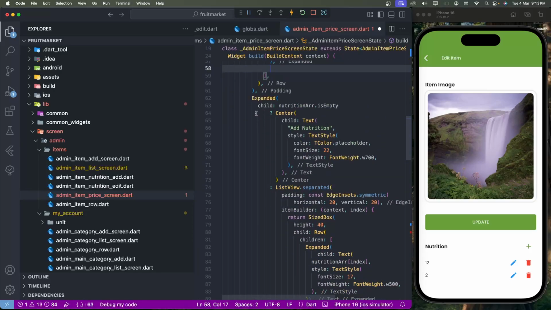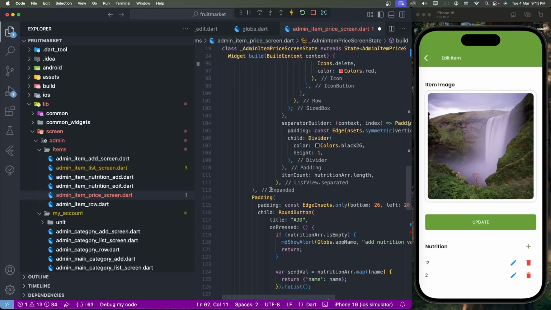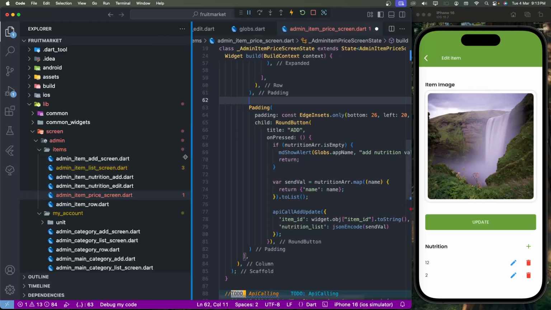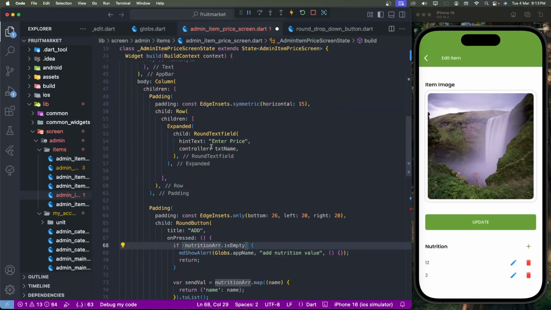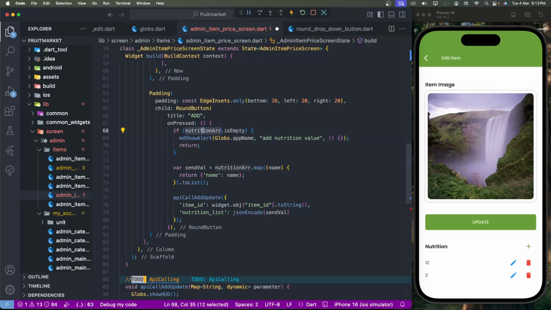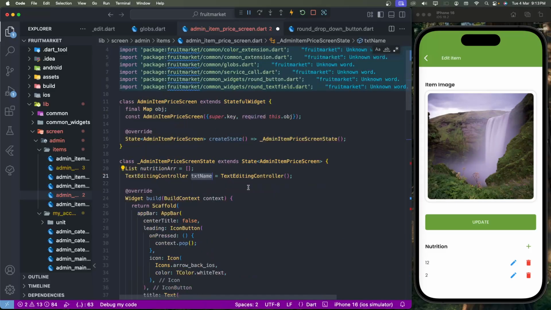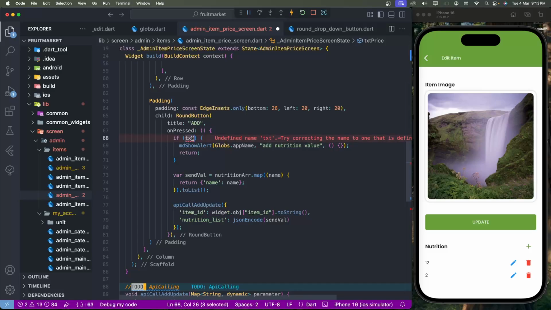The add nutrition screen does not need the list, so we need to clean up these expandables, add and show these errors, and remove this change text. Maybe change the name to price. Copy it here and paste it into the text: if it is empty, please enter